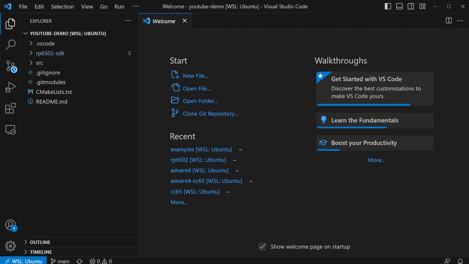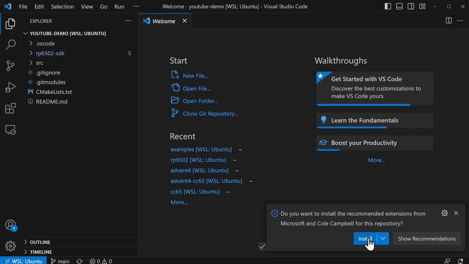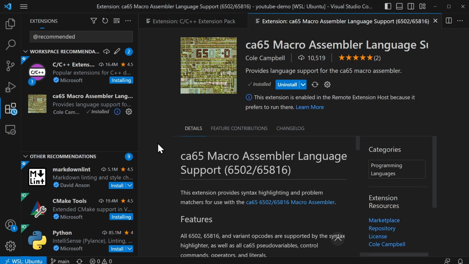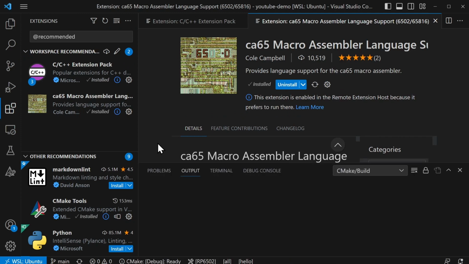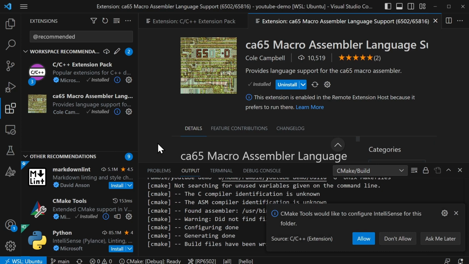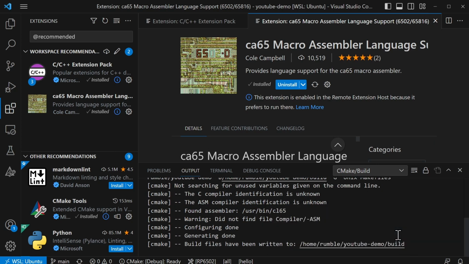VS Code is going to offer up some questions the first time you open a new project. Exactly what questions it asks depends on how it's been used in the past. The README will guide you if you need it, but there's really only one thing you need to know. Say yes or choose the obvious default to everything except questions about IntelliSense. Choose don't allow, no, or don't ask again for any prompt about IntelliSense. The scaffolding has hacks to make CC65 work with IntelliSense, and we don't want to overwrite those.